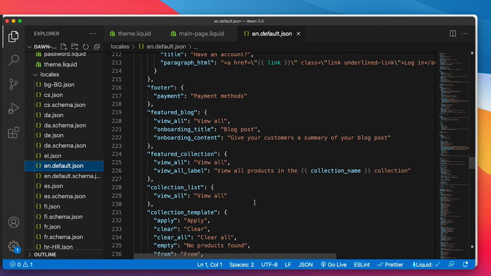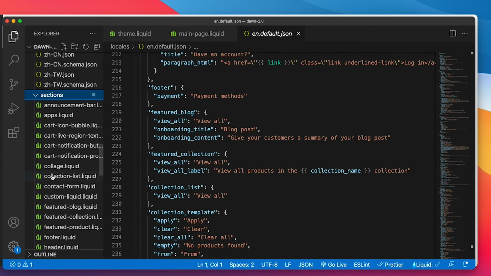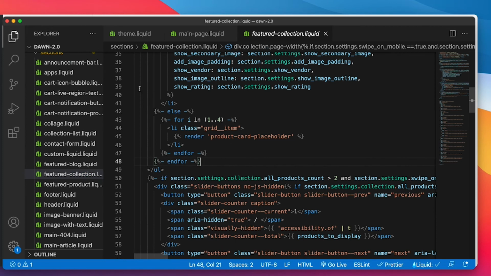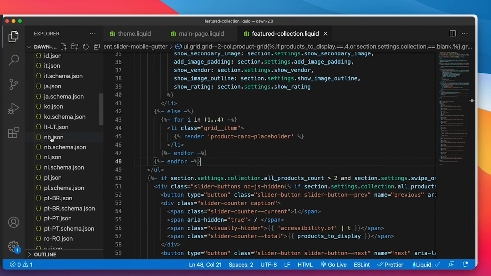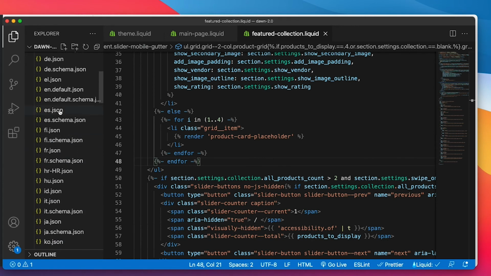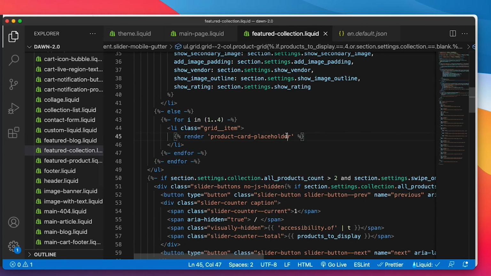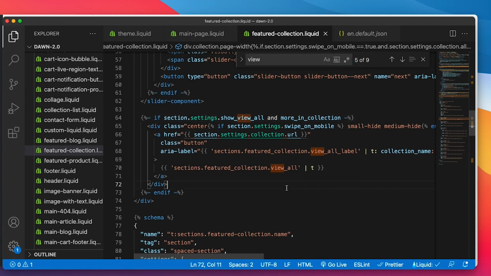So, to give an example, we have featured collection, view all. If I go to the section of featured collection, I lost it. Didn't double click. Let's go back. Okay, so featured collection, we have view all. Easy, that's what it said. So if I do Command F, view all, we can see that it's actually being pulled in here from our